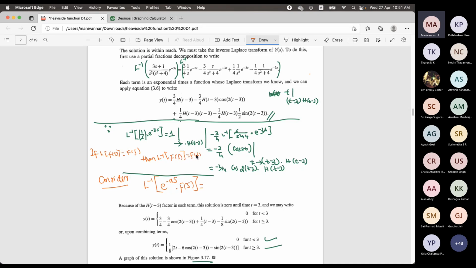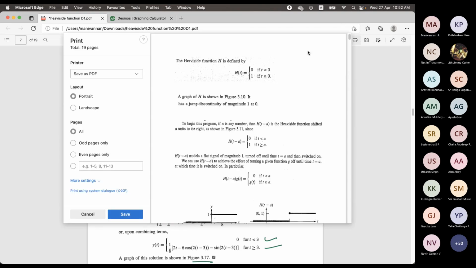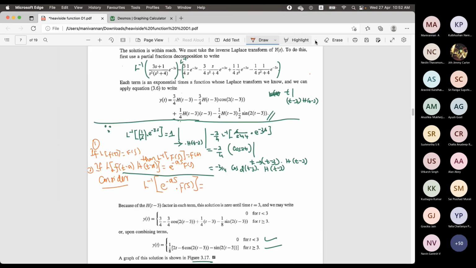This is one result, and the second one is: if L of f of t minus a into h of t minus a is e raised to the power minus as f of s, then L inverse of e raised to the power minus as f of s is